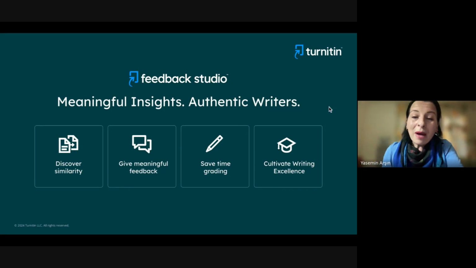And Turnitin Feedback Studio with Moodle direct integration. I know that you are more interested in getting the similarity report and AI report. And you know that our AI tool works only in English documents at the moment. Plus, Turnitin Feedback Studio is the most comprehensive product offered by Turnitin. It not only provides a similarity report and AI report, it also provides feedback and grading tools. That is why you can give meaningful feedback to your students, and at the same time, you will save time while grading. And in the long term, you will cultivate writing excellence in your students.